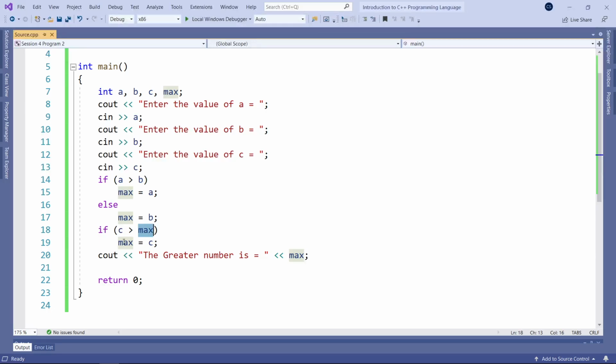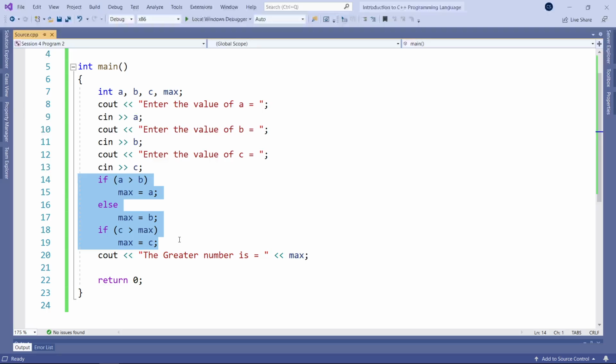So if C can beat that number or is higher than that number, then you get a new max number assigned. So max would take the value of C, right? So with these two if statements, we've gone ahead and we've analyzed those numbers and we've determined which is the highest one of them all, and it could be either A, B,